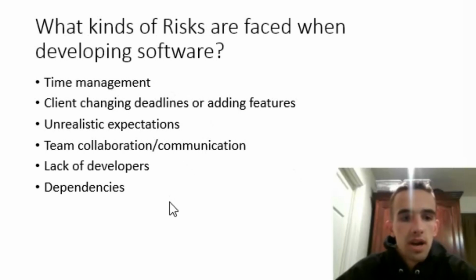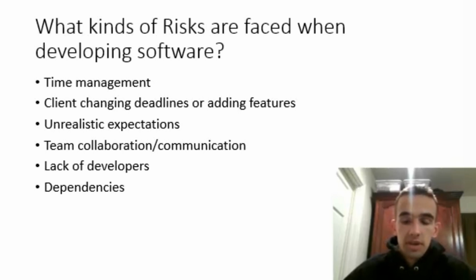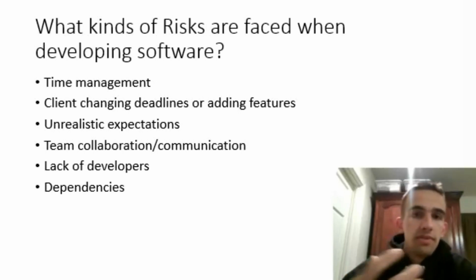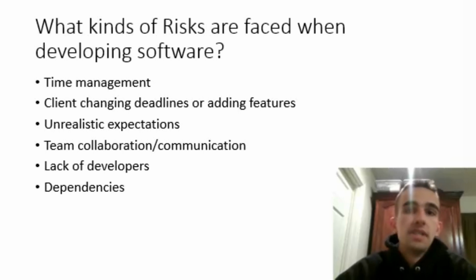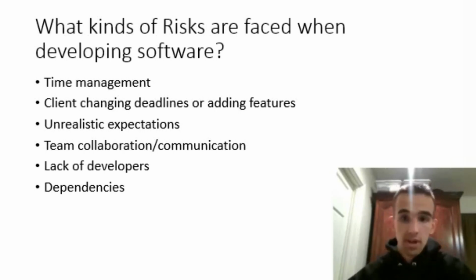Another one is dependencies. This is one that I've been learning the hard way a little bit this semester, being the product owner of our team. Dependencies can be a big problem when it comes to progress within a sprint. It's important for the product owner, when developing and organizing the product backlog, to take note of what tasks are dependent on others to be done before it.